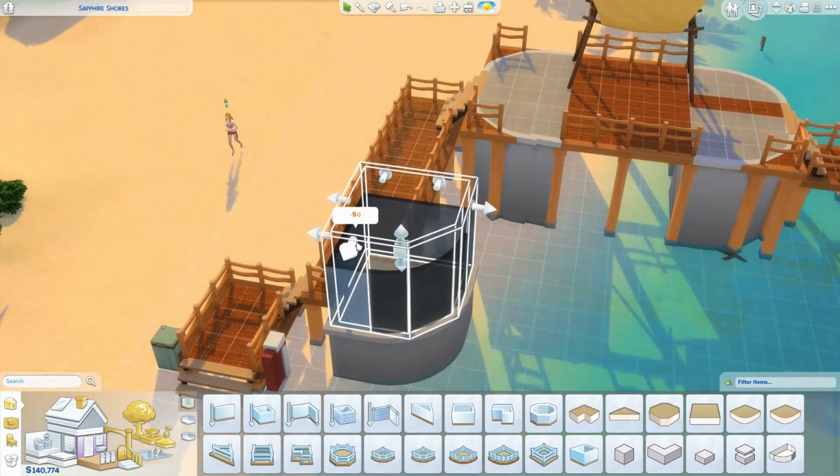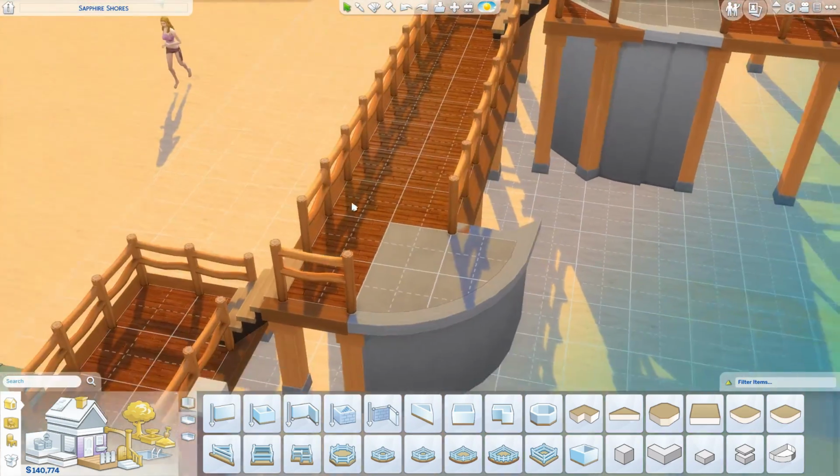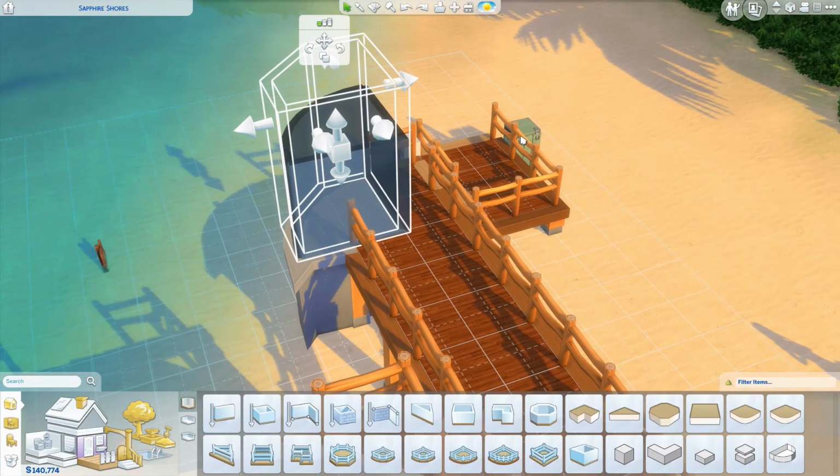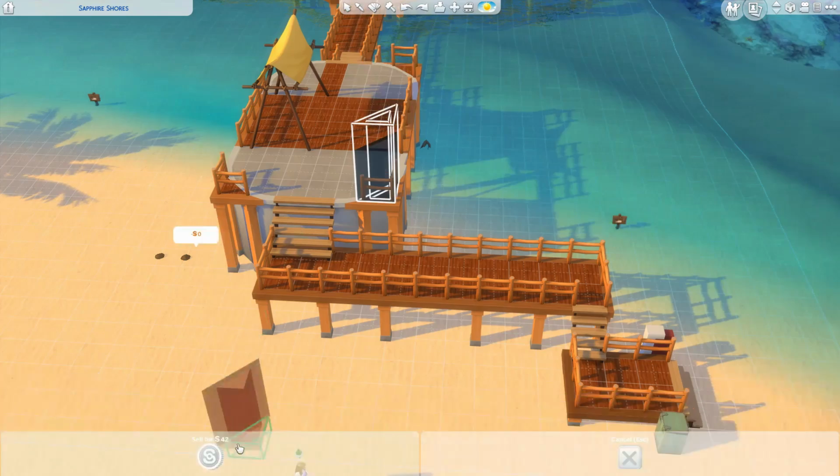And it wouldn't let me make a small corner here. I had to, like, that was as small as I could make it. And so I just kept it square. And then I just got rid of that eventually anyway. So